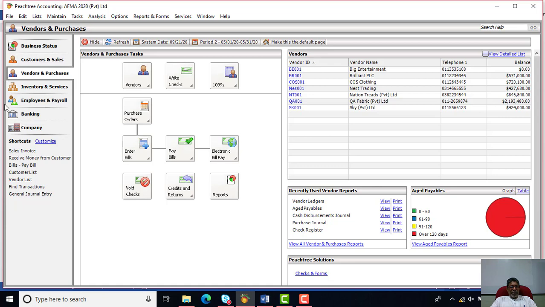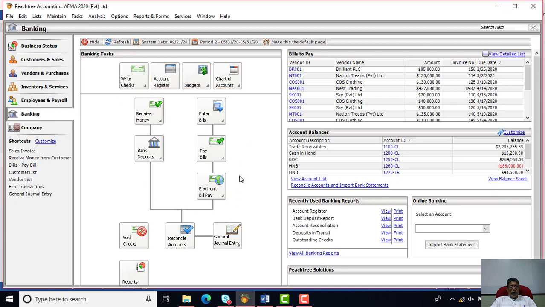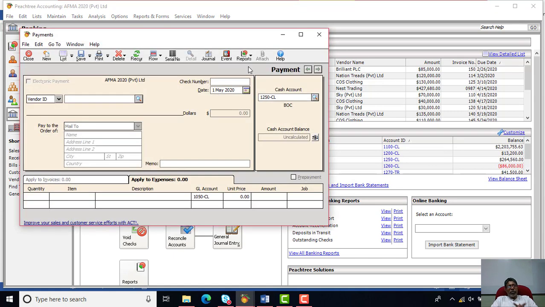Other than that, there's another option. If you go to the banking module by clicking the bank button, there we can see the whole process of banking related activities. One side receiving money, other side payment options. Whereby you can see the flow under the payment option. You can see the button called pay bill again. By clicking it and clicking the pay bill option, we will be able to access the same window. So dear friends, many options are available. Under any option, you can access this particular window, which is called payment window.